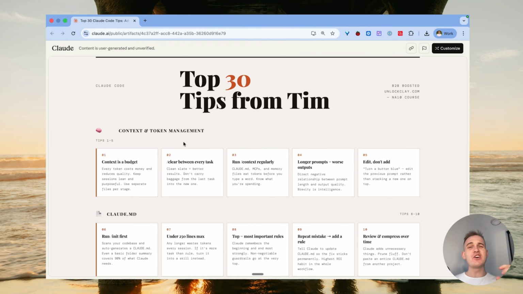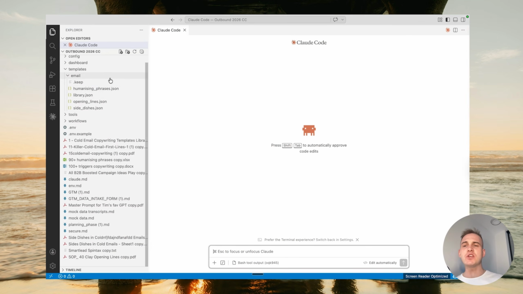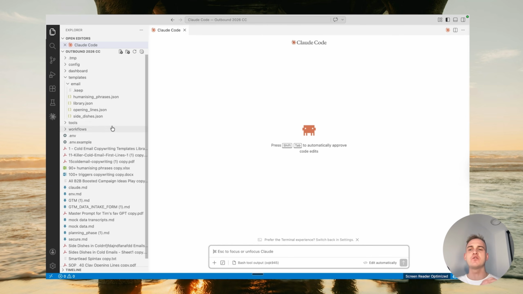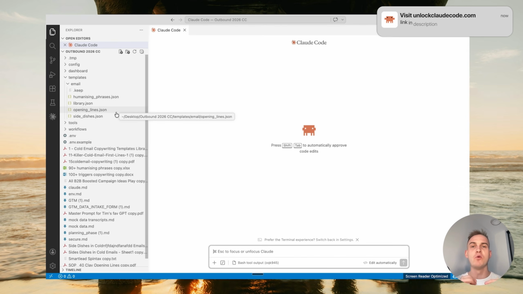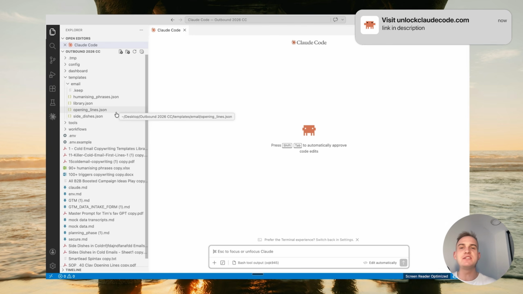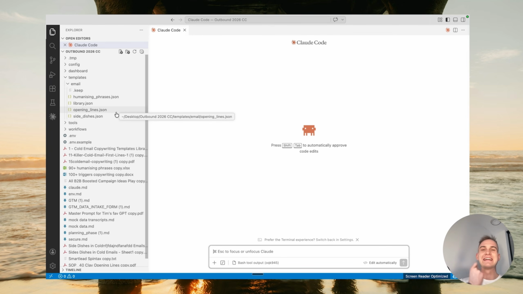And this segues nicely into the second tip, and the second tip being the fact that whenever you import any of these files over here, one file takes a lot more tokens to digest if it's like a PDF or a CSV file. That's why typically you should aim to convert everything into MD files, so .md standing for markdown files, and that way if you open and upload these markdown files, they will be a lot more cost effective. They will cost you a lot less tokens, and hopefully you can reinvest those cost savings into one of my